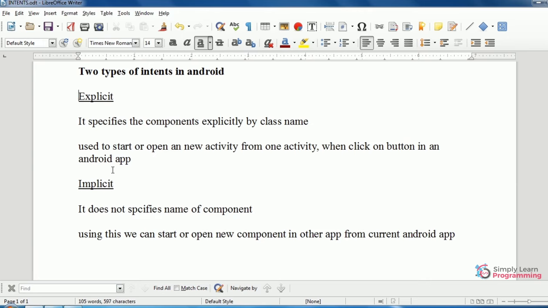For example, when we click on a button, then a new activity will open. And implicit intent means it does not specify the name of the component. Using this, we can start or open a new component in another app from the current Android app. So we will take examples of explicit and implicit intent using Android Studio.